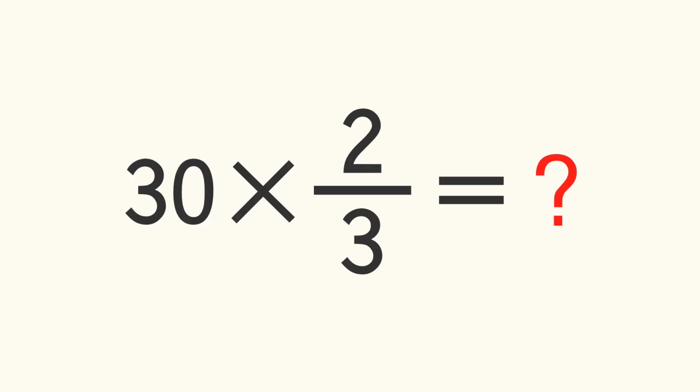But what if the multiplier is not a whole number but a fraction, such as 2/3? If we view multiplication as a faster way to take the multiplicand multiple times and add it up, then multiplying 30 by 2/3 would mean taking 30 only 2/3 times and adding up those parts. However, it's not easy to understand what it means to take something only 2/3 times and add it up instead of taking it multiple times. To understand this better, let's approach multiplication in a different way.